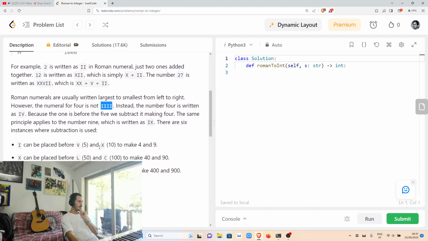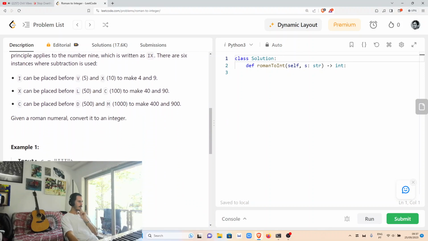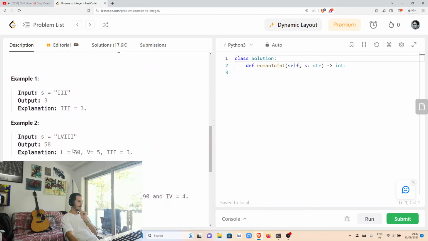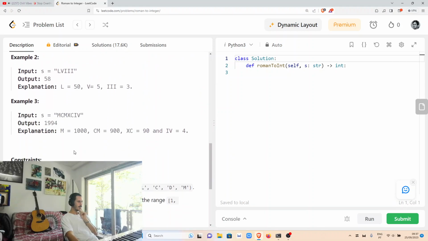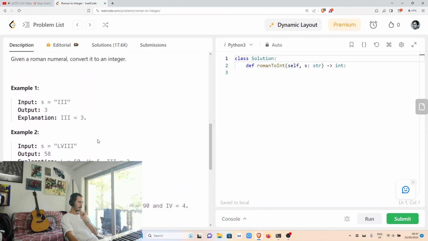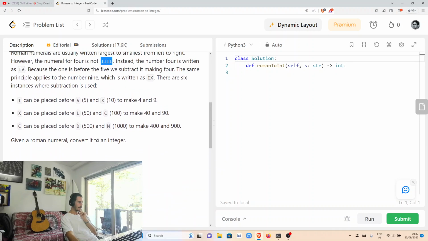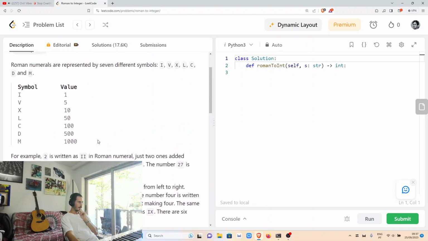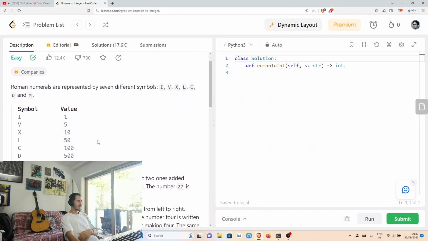So yeah, okay. So basically we need to convert these to integers. Okay, cool. Okay, so what we need to do now, I think it can go right to left because